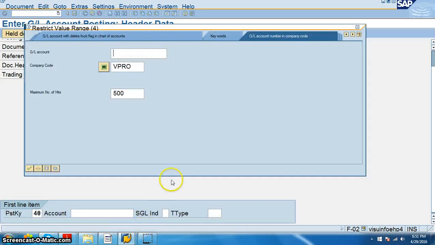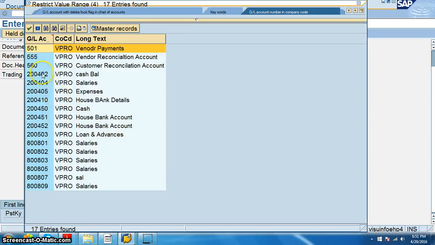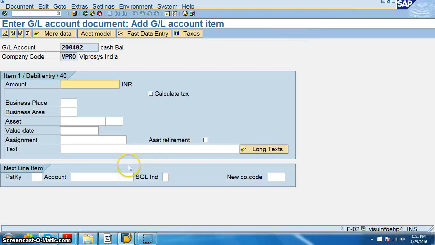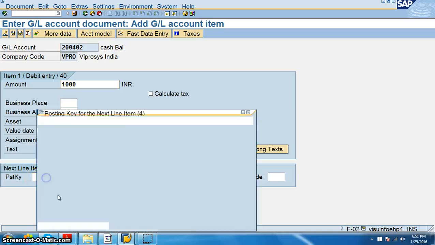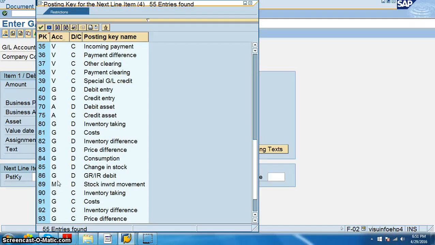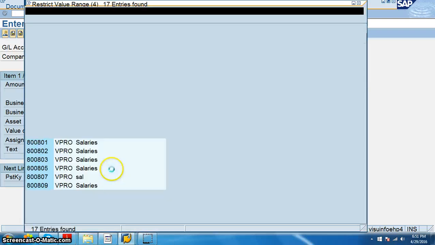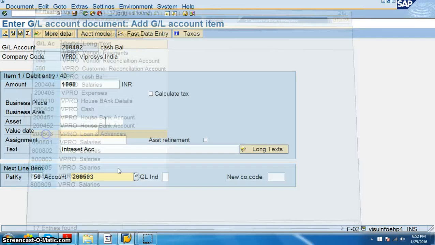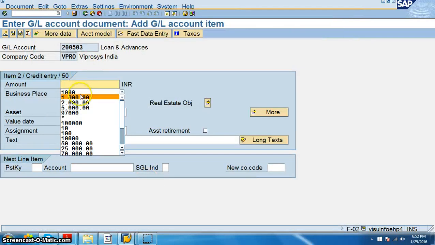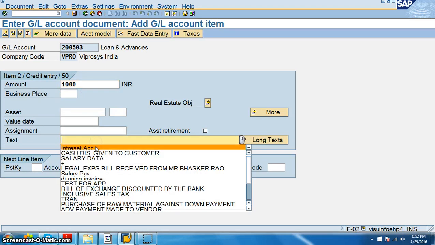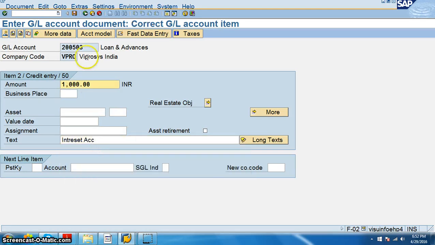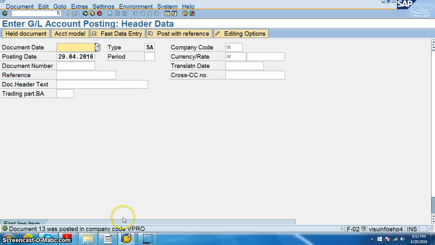In the account we have cash balance, interest 1000, so 50. We have loan and advances here, save, 1000, save, and this 13 was saved.